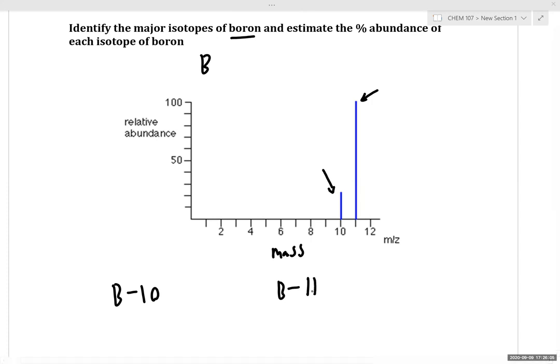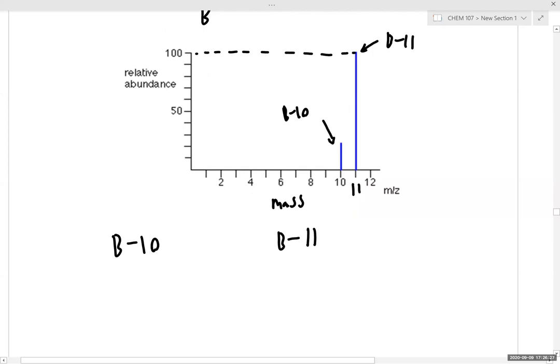Okay, perfect, because we have 10 and 11. And which isotope is more abundant in nature? Which isotope has a greater abundance? Boron 11. Yep. And so we're going to read out this value, and this next calculation you're not responsible for, but it's a useful tool to know for eyeballing the relative abundance. So we have a relative abundance of 100 compared to a relative abundance of roughly